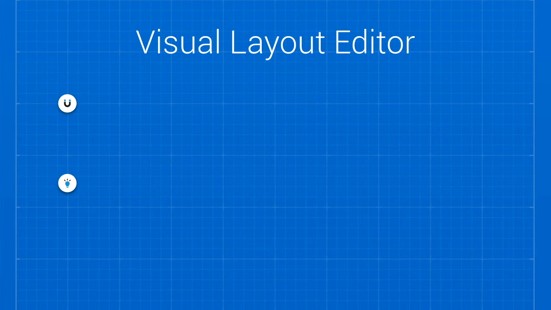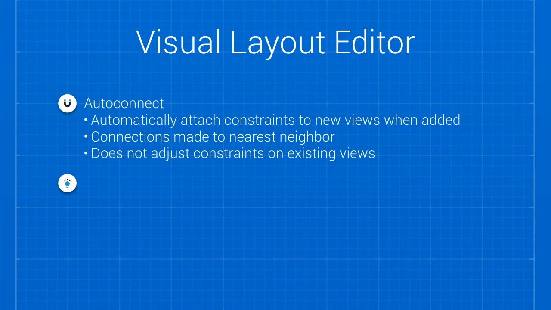Okay? But there are two features that they've added that I just briefly wanted to draw your attention to, even if you have played with it, but you may not have necessarily messed around with. The first is there's an auto-connect feature in the visual layout editor. Now what this essentially does, if you have it turned on, because you can toggle it, is if you take a view and you drop it into the layout, anytime you do that, if auto-connect is enabled, it will automatically try to evaluate where you placed it and hook up the constraints for that view so that it stays there. Okay? So it can be helpful because you don't have to actually drag each of those individual arrows yourself,